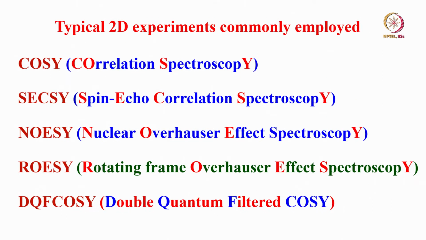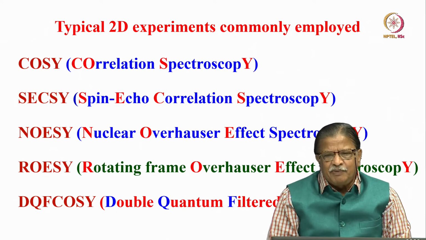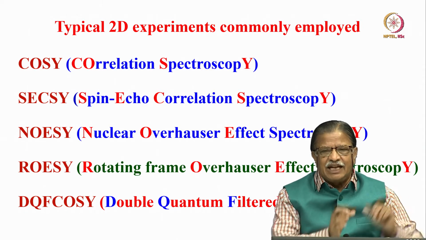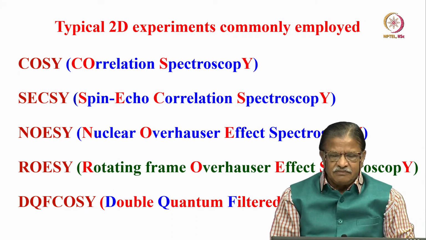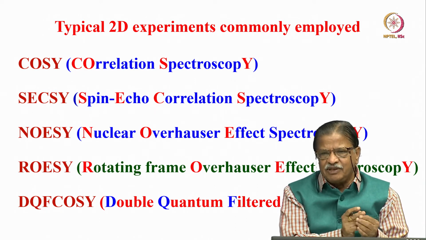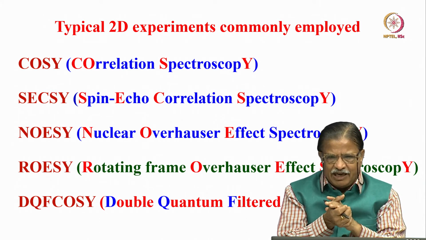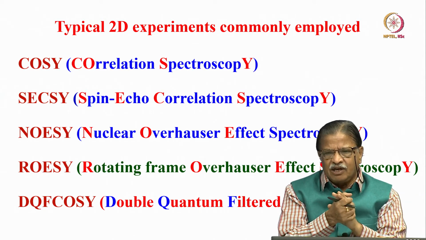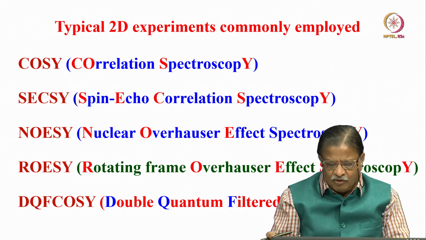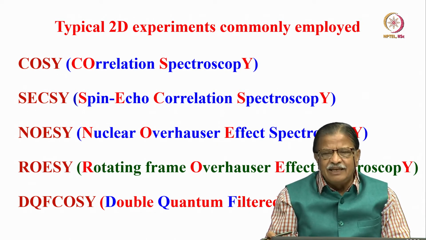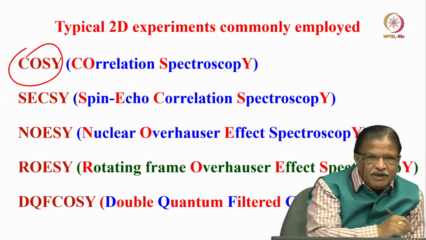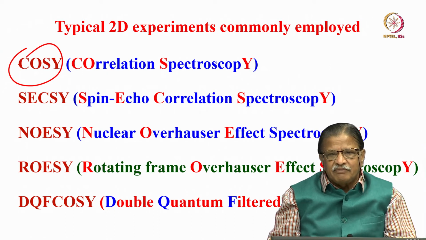Okay. Now, the NMR spectroscopists are very crazy people in the sense they always design an experiment and give a name for it. That is the way. Depending upon the information you want to derive, you can design a pulse sequence by understanding the spin dynamics. That is what most of the stalwarts of NMR spectroscopy have done all over the globe. They have been doing that, and then give an acronym for it, a name for it. For example, COSY means correlated spectroscopy.